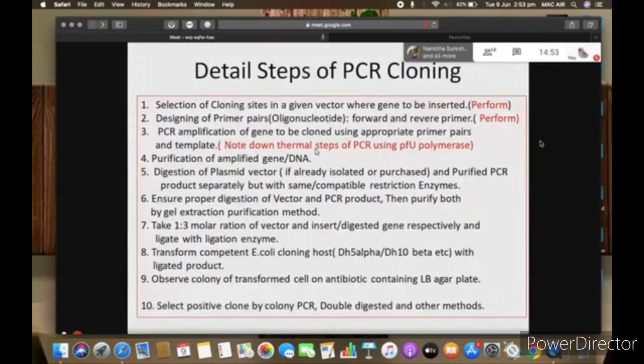If we find a non-specific band along with your specific gene product, then we cannot directly purify. Then we have to run it on a gel, and then from the gel we extract that PCR product. Are you getting it? If the PCR is very specific, then we can directly purify. सर नहीं समझ आया ये पॉइंट.